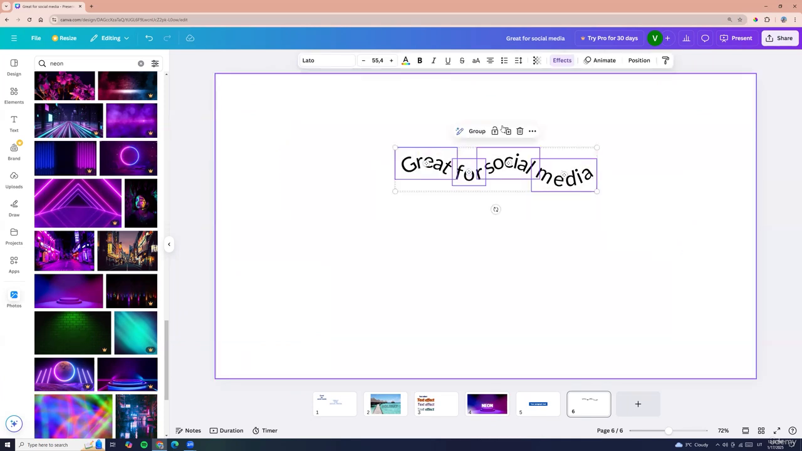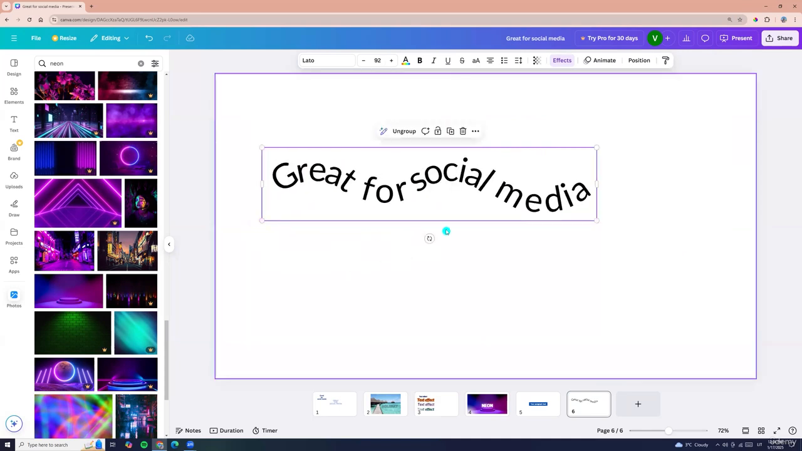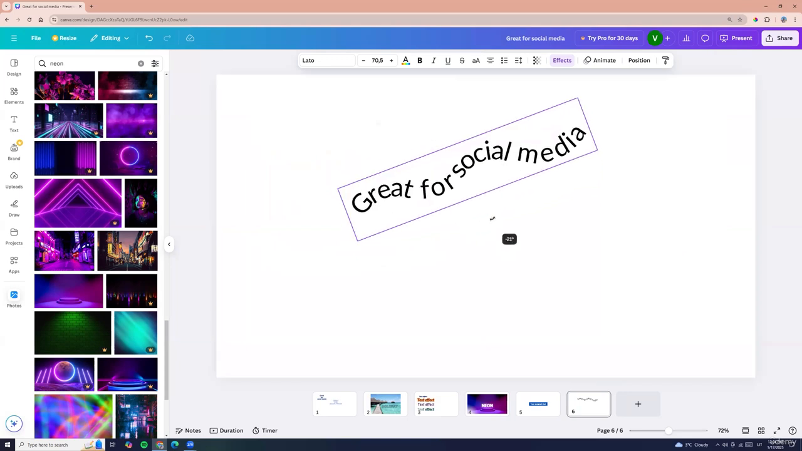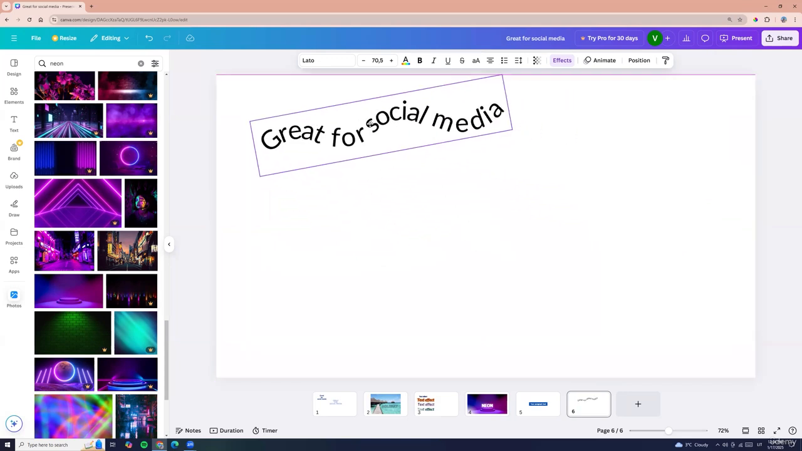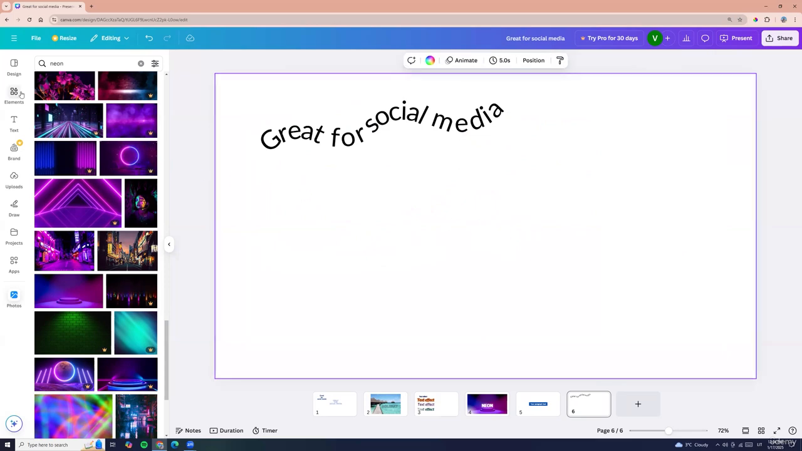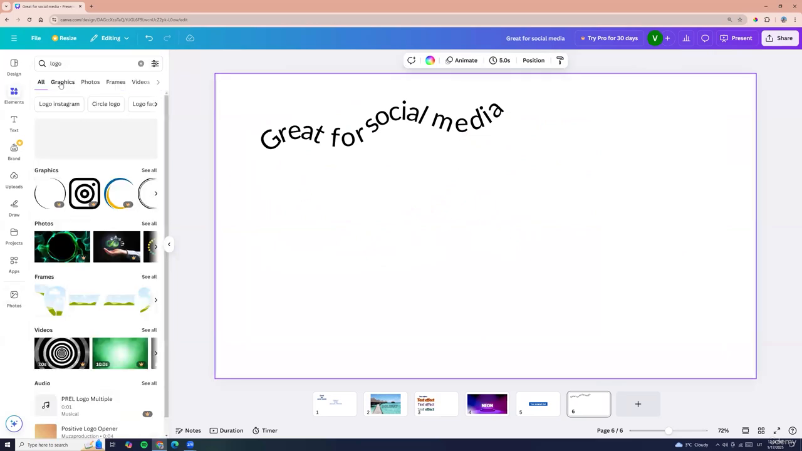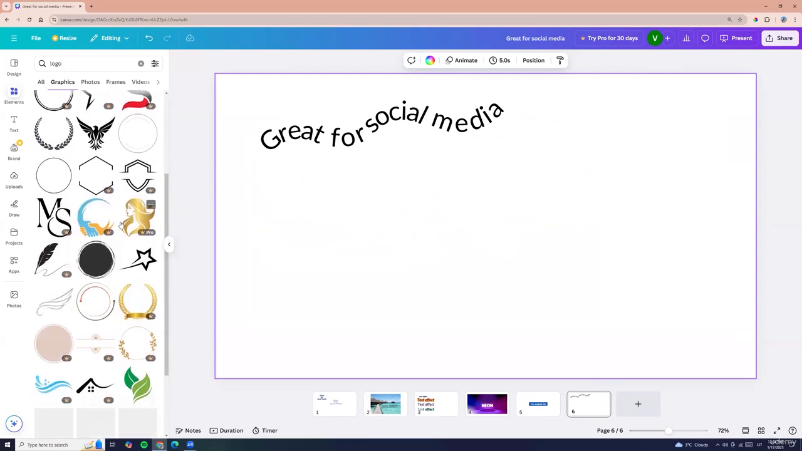We can select all the text and click group. And now it is one group. We can make it bigger or smaller. We can rotate it. Let's see one example. For example, let's go to Elements and search for logo. We can choose graphics